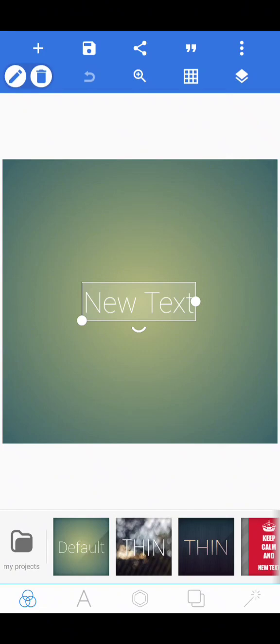Welcome to another video. In today's video, I'm going to be showing you background manipulation. Today's video is dedicated to teach you how you can manipulate backgrounds whenever you are designing in the Pixellab app. Now, it is very important for you to know how to manipulate backgrounds, because there are many times